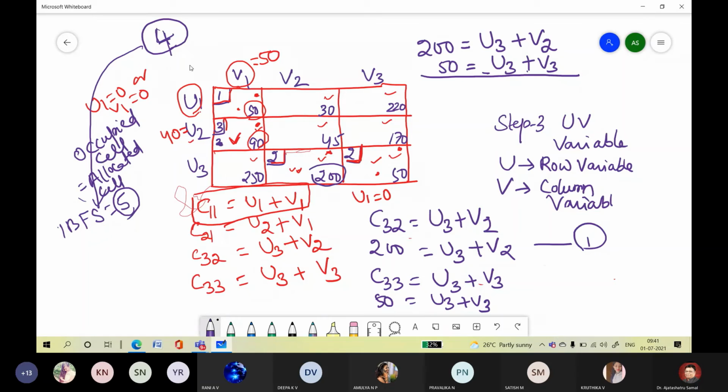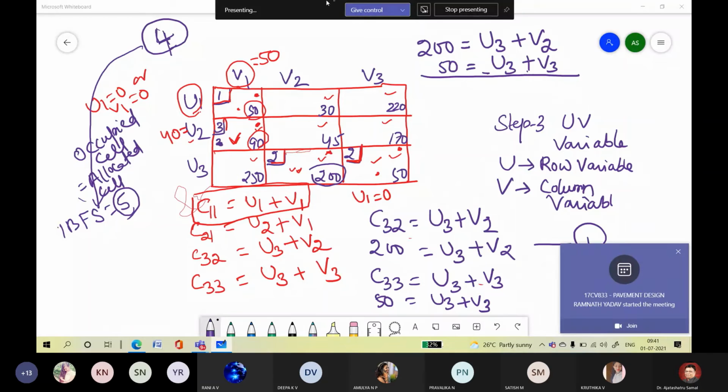So here what you have to do? Keep in mind what is happening. Your IBFS is getting 5 at the bottom. Allocated cell value is getting 4. Okay. Now you see here. We need to match it. We have to create a dummy stone value. Keep in mind, this is a new concept. Dummy stone value. So what is dummy stone value?